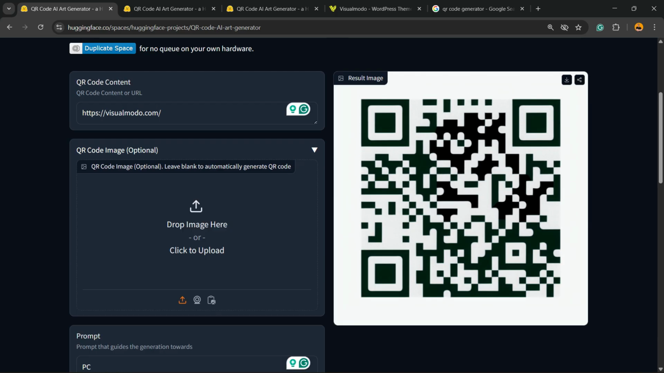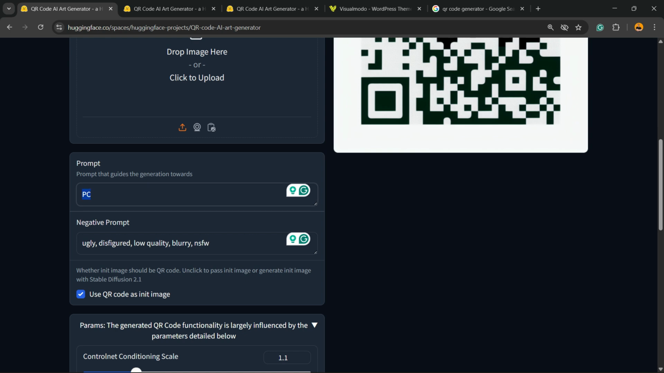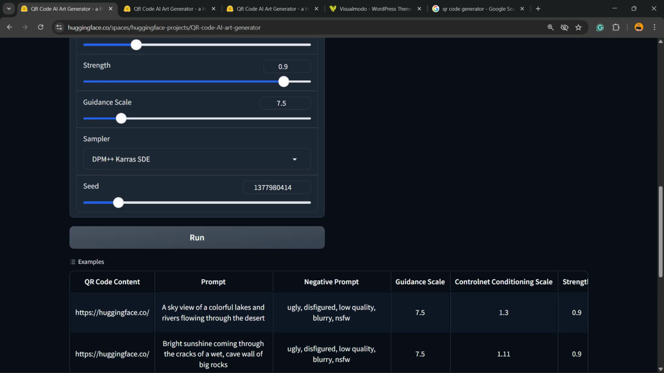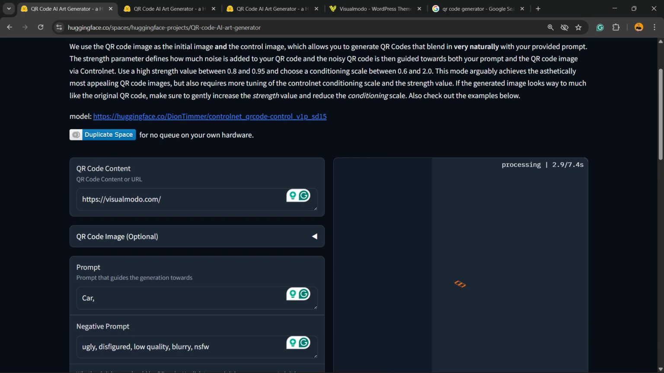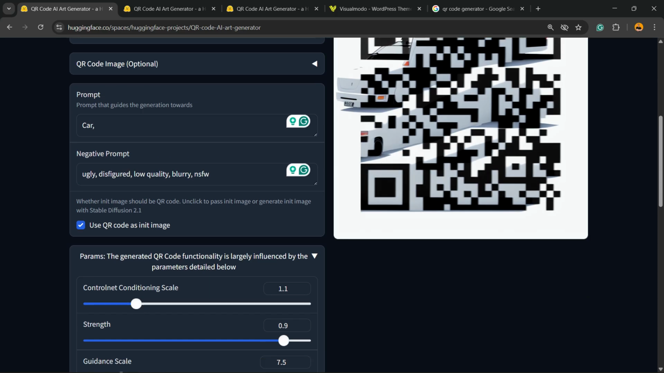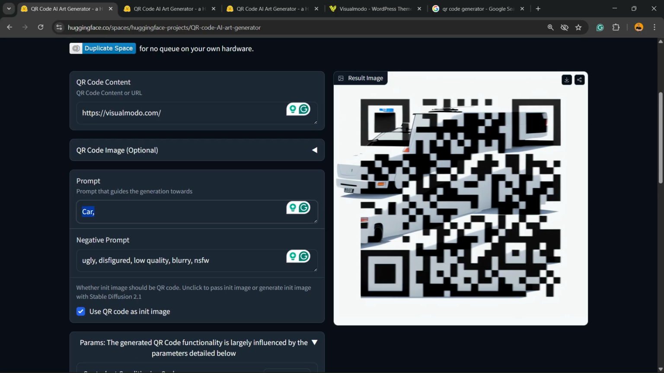Let me remove this. And instead of PC, I'm gonna type car, for example. Let me run. And here is the result I got. But of course, we can keep customizing. For example,